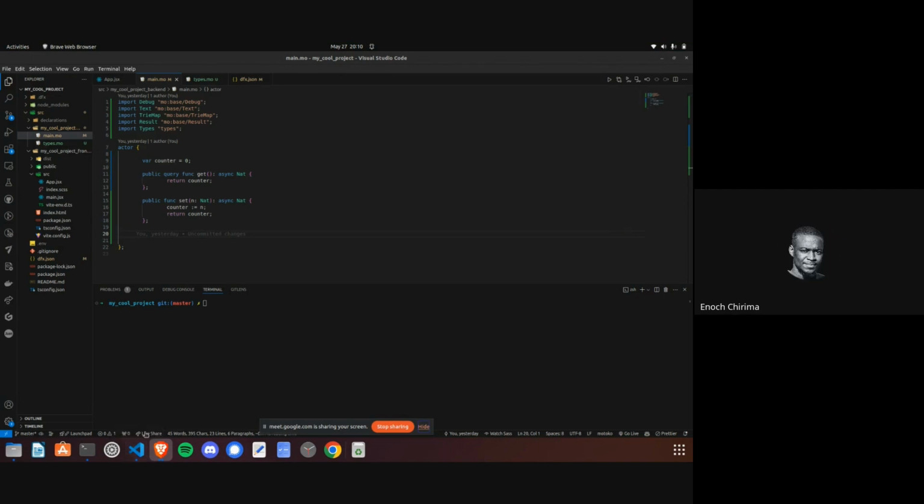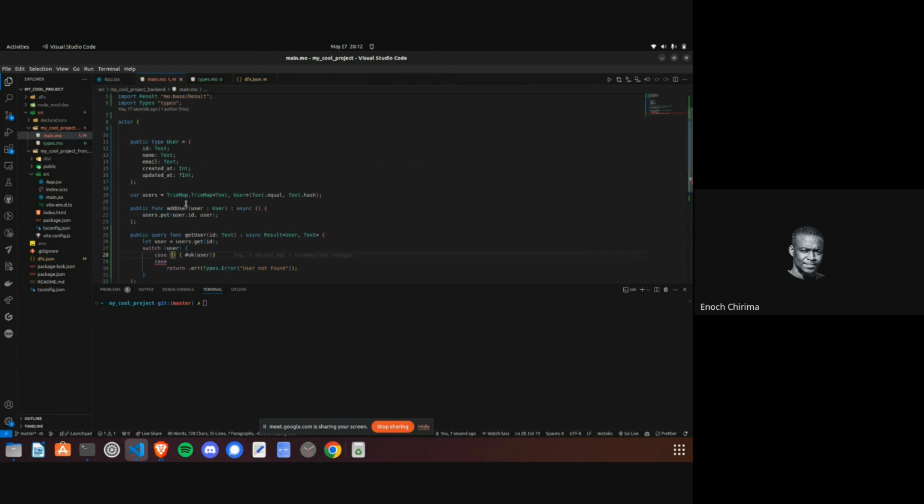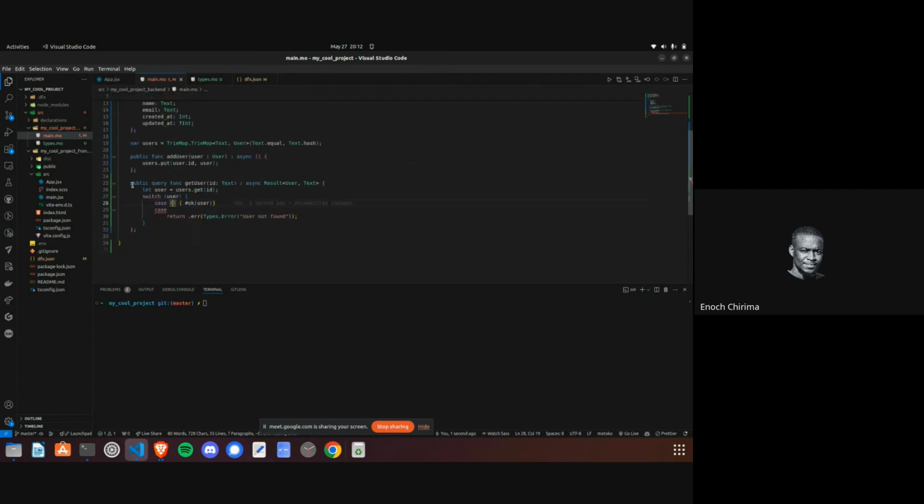Yeah. Okay, thanks. So to those who are new to this, what we are doing here is we are creating this function to get a user. All right, yes, I think it's a good point to start on. We're creating this users map, a TrieMap. Then we have the function to add a user, and then we're on this function to get